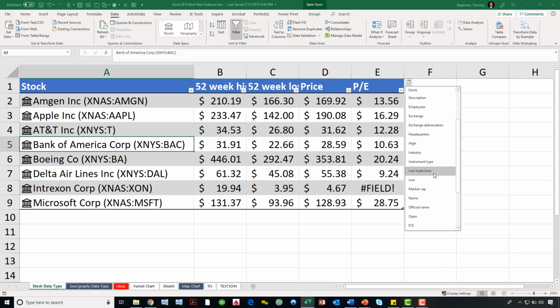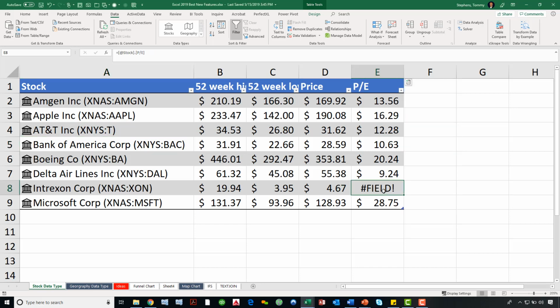Now, obviously, it looks like with Intrazon Corp, which is trading on the NASDAQ under the ticker symbol XON, that company must have had negative earnings, I'm guessing, in the past, or otherwise, that must be why we're getting an error message there on that particular column, the price to earnings